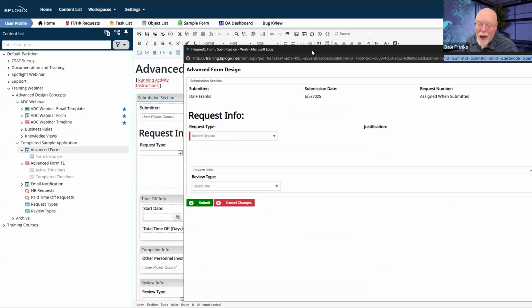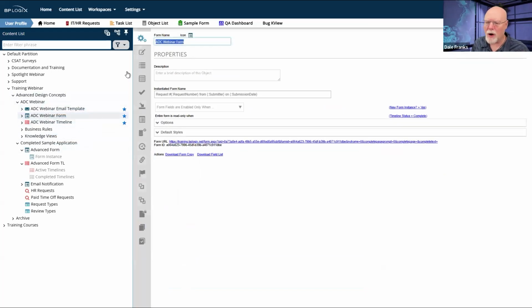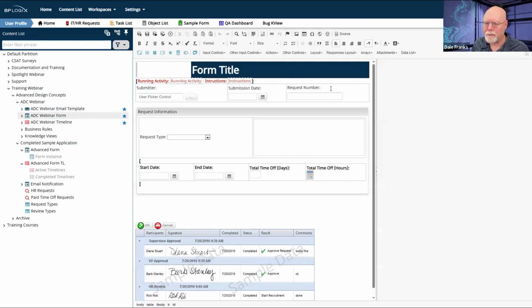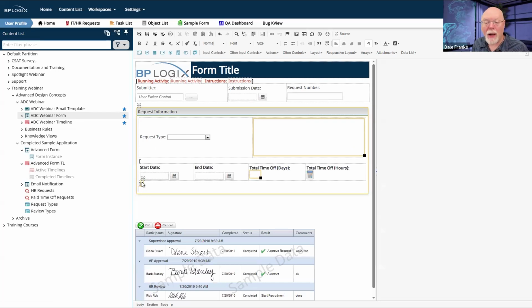One of the reasons why, however, that initially we talked about using embedded section controls is that if you throw all of your embedded section controls without any lines between them, by the way, I think I did that on the form, so I think we can go back and look at that method of doing it. If we create these forms here with embedded section controls, and I just decide that rather than going to a new line, what I do is I just drop my new embedded section control right here. I don't have to worry about line spacing.